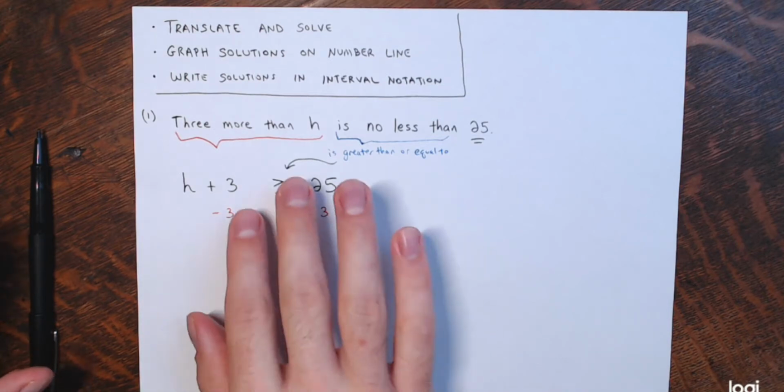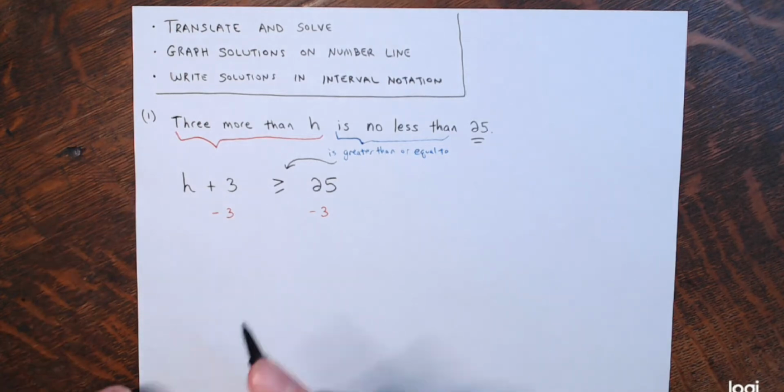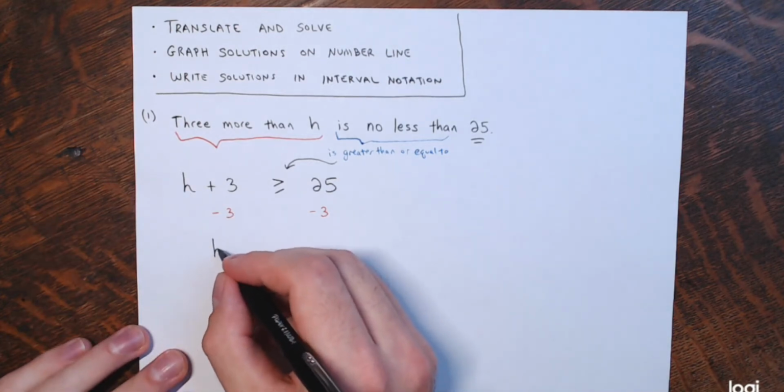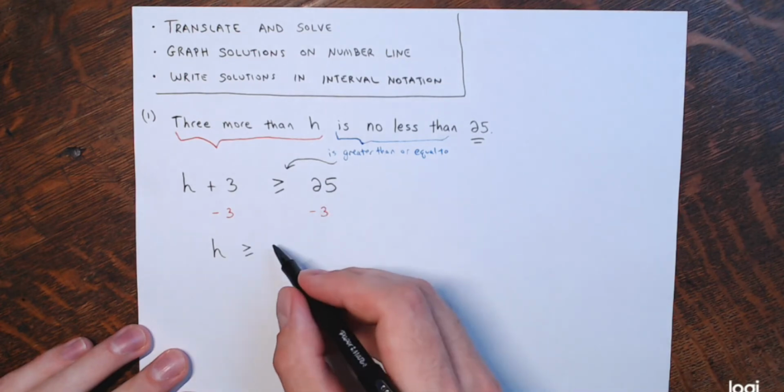The only time we're going to flip the inequality symbol around is if you multiply or divide by a negative number, or if you switch the expressions on the sides. But for the most part, we're only going to be flipping if we multiply or divide by a negative number. So now I have h on the left is greater than or equal to, and then 25 minus 3